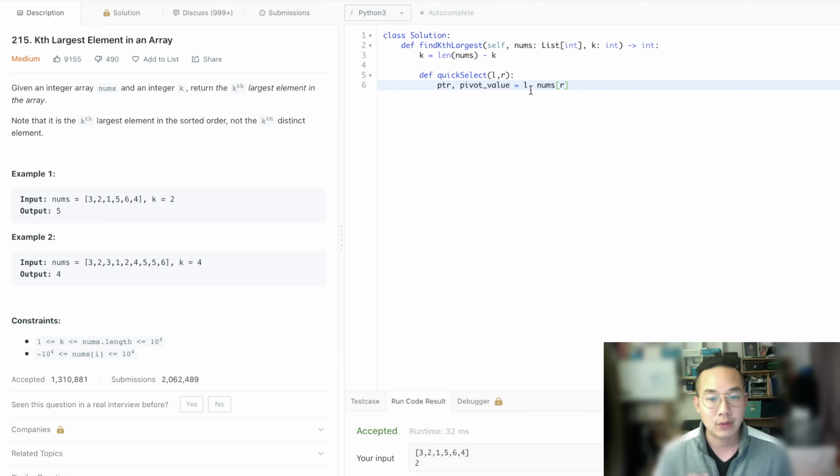That's our pointer. Everything that's less than our pivot point is going to go into the pointer value, so that we can get a stack of a whole bunch of values that are going to be smaller than our pivot point. And so for i in range of L and R, so for the entire range, if nums[i], this is where the